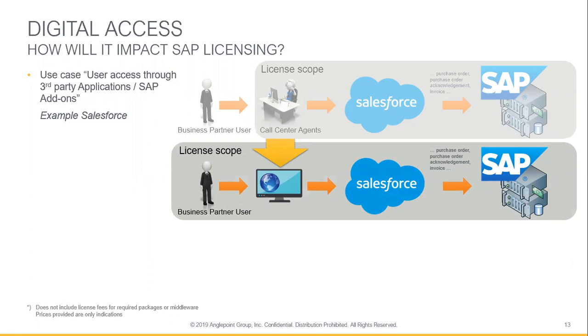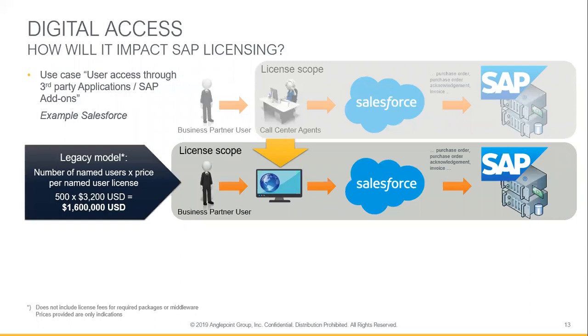The reason for that was that they actually changed the approach on how business partners can interact with the company by replacing most of the call center agents with a self-service portal, where the business partners were able to log on and check on their latest purchase order, or check for the invoices, etc. And that happened over a couple of months, and as soon as that implementation was done, SAP came in and challenged Diageo on exactly the licensing and requested them to pay.